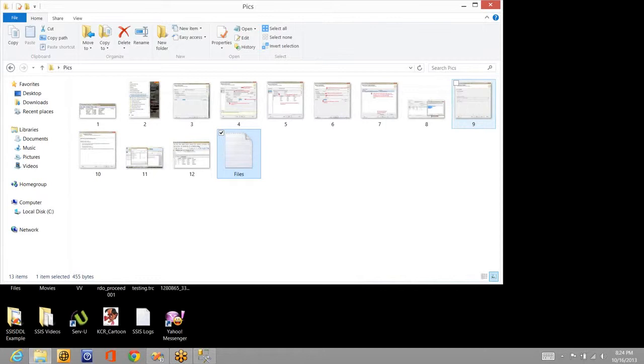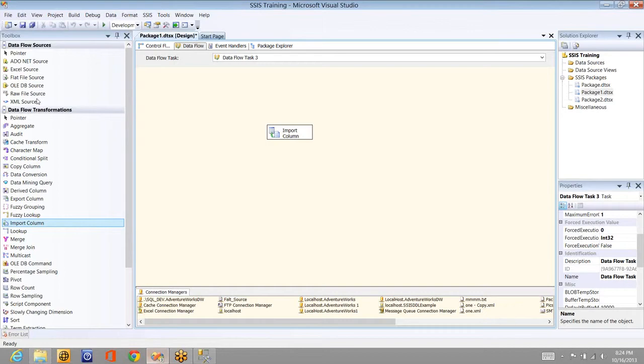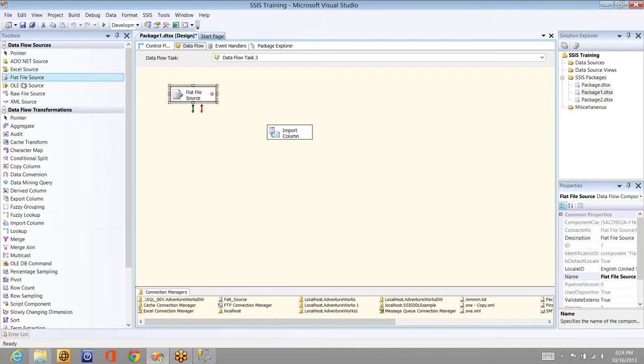So the same thing can be from SQL Server database. What will be the difference if it is from SQL Server database? The source will vary. Now I'm going to use flat file source to get the path of each file. If it is in SQL Server, I'll use OLEDB source. That's the only difference. Okay, but you need to have somewhere the file information. Where is the file located, and what is the extension path, and so on.